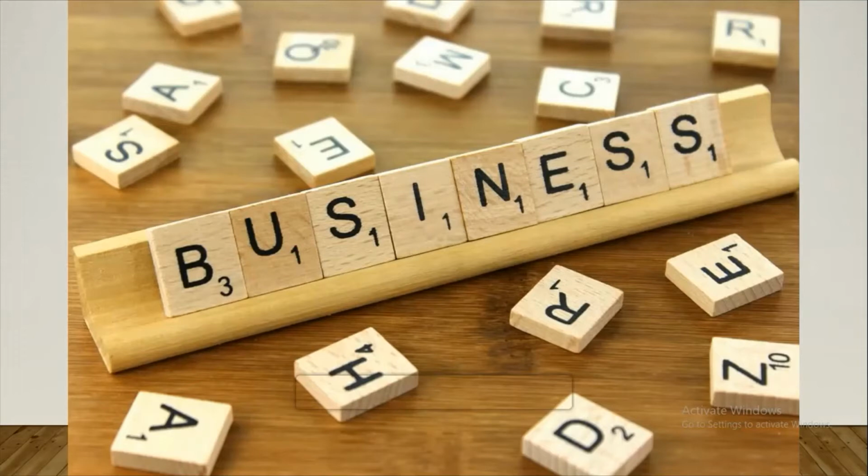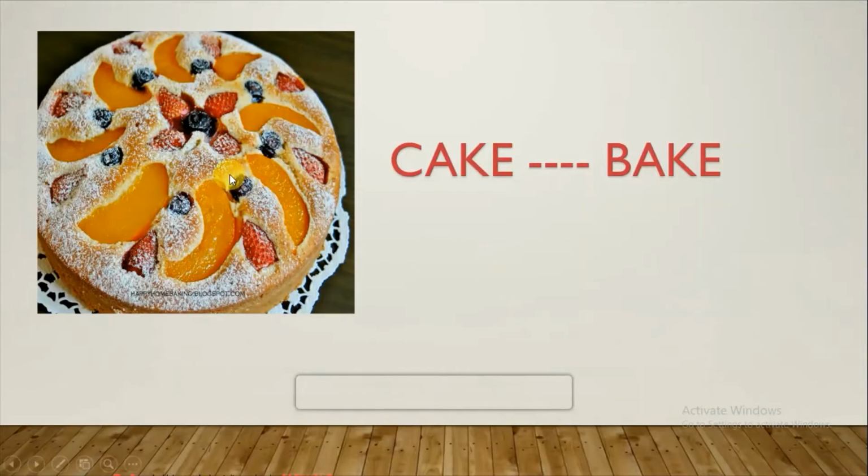Firstly, we need to choose a keyword related to your business. Let's say the keyword is a term that describes your business. If your business is related to cakes, let's say your business is making cakes and selling them throughout the country, or it is completely about the cake baking process, I can make the keyword to be cake. I can think of a keyword like cake, or else something like baking or bake.